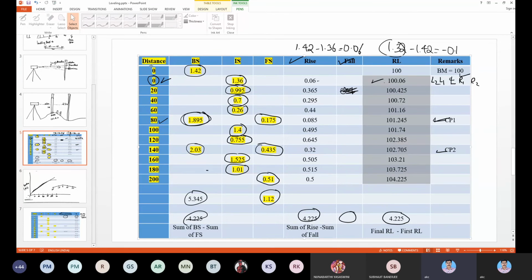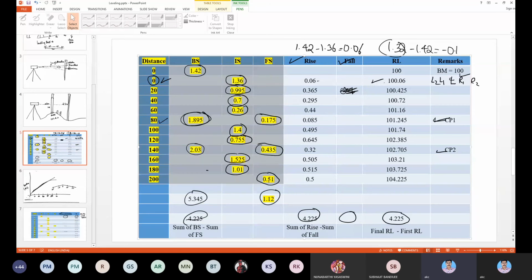I will send you only this data. I expect you to calculate, don't copy from the video. I expect you to calculate rise and fall and then RL, and then do this particular profiling.